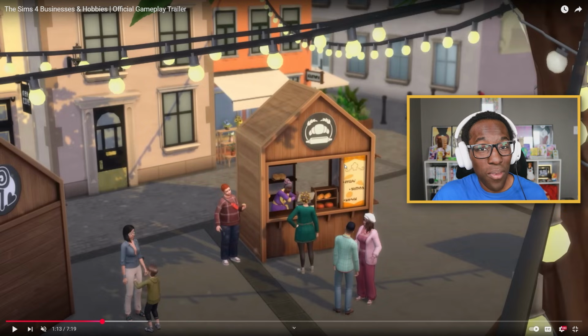That's what I would love to do. And I can even utilize Home Chef Hustle with that stall as well to take it on the road if I wanted to. But having a stationary stall is also kind of permanent and very cool. But also I like the idea that we can now mentor other Sims based off of what skill that